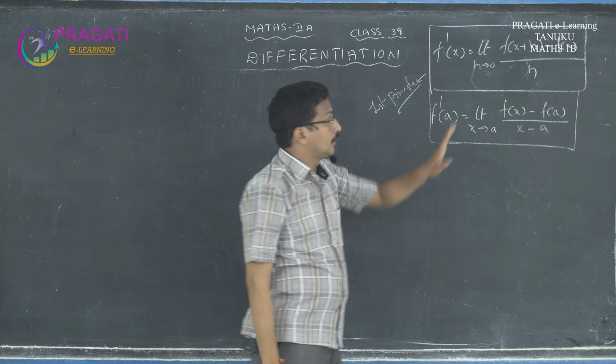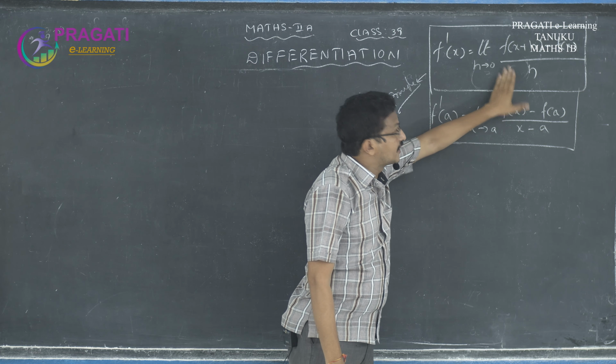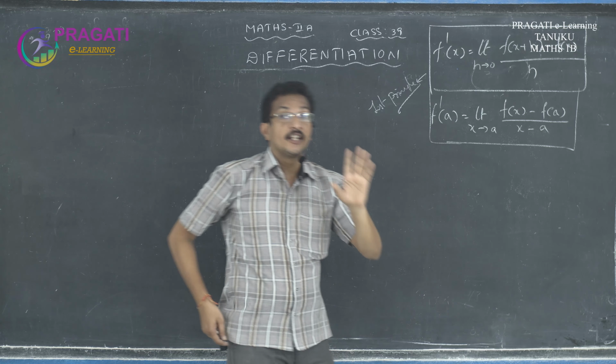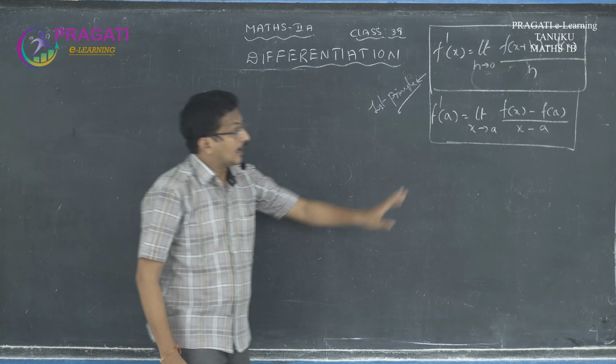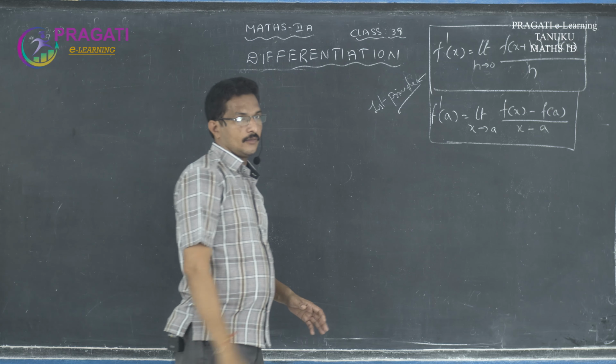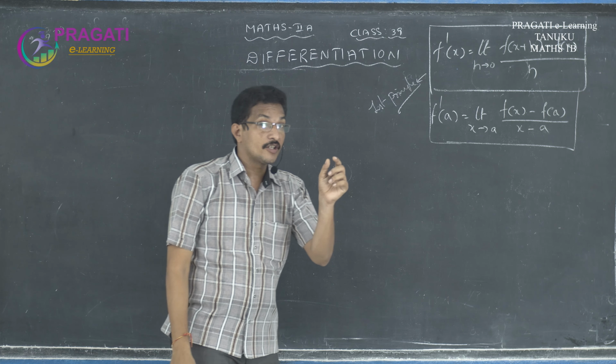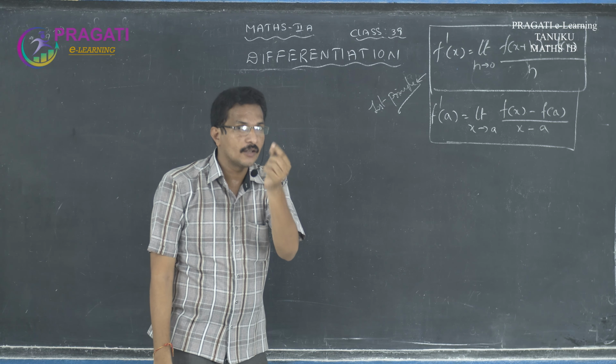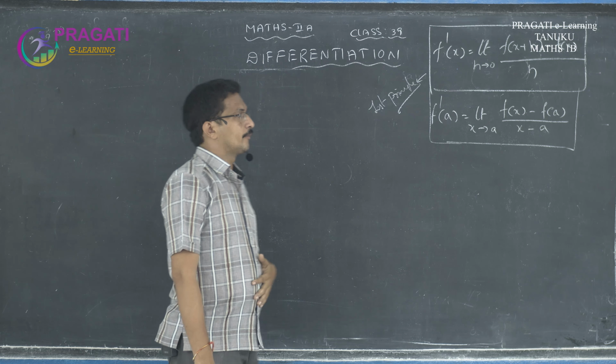Here, if it exists, then the function is differentiable. And the second one is, if it exists, the function is differentiable at x is equal to a. Here the formula is used only to check at a single point. Here, for every x, okay. Here the formula checks differentiability at a, one value. Here the formula checks differentiability anywhere.